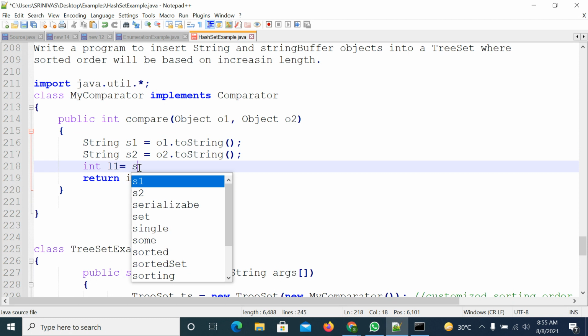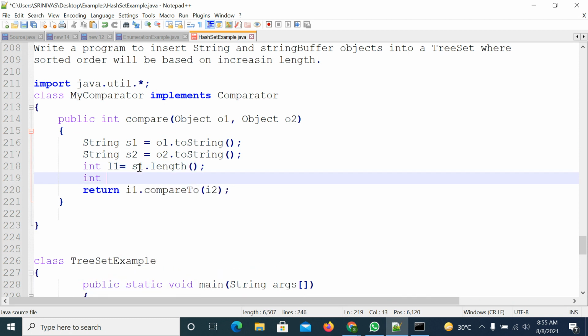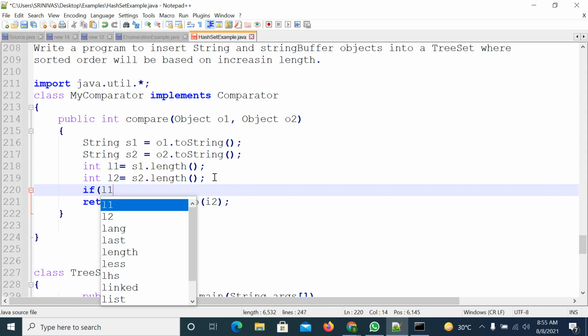So that is integer L1 equal to S1 dot length, then integer L2 equal to S2 dot length. So you identify the first string length and second string length.